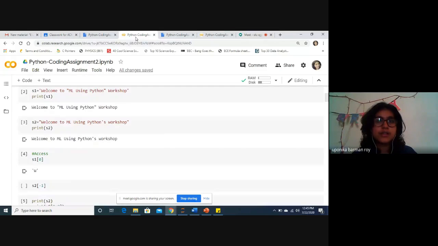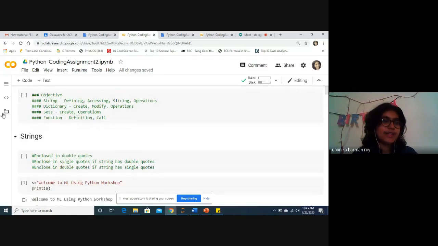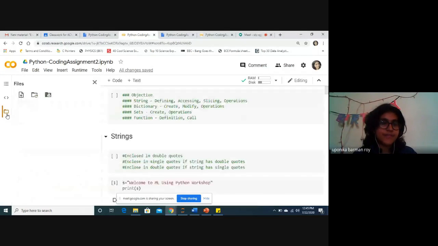When you're using Google Colab, you will have a file button over here. Just click on the file button, and suppose it is asking you for a PNG file or a data set. What you need to do is click on the upload button.